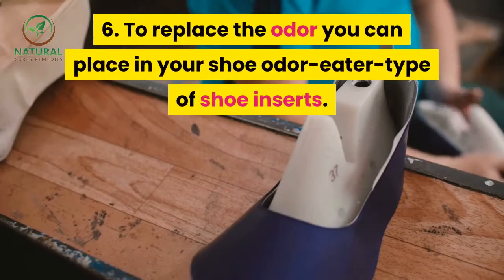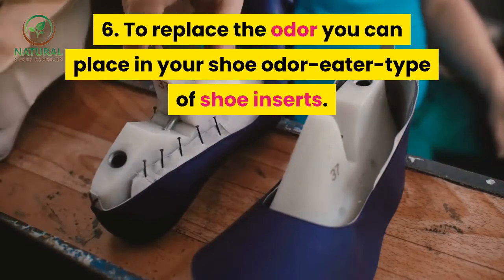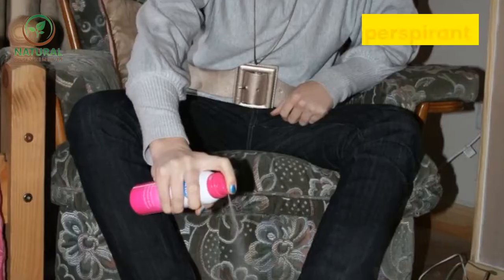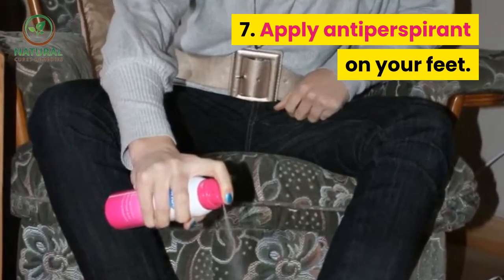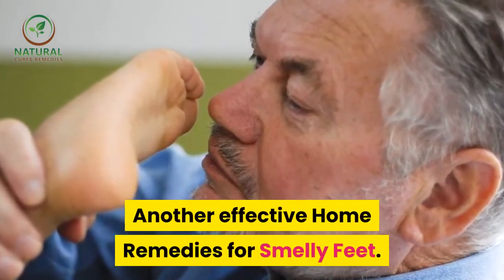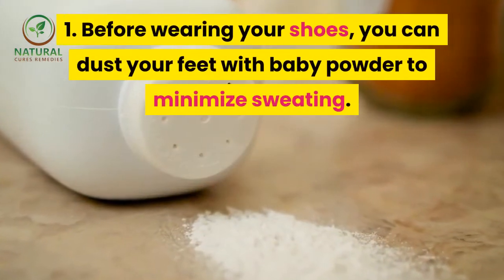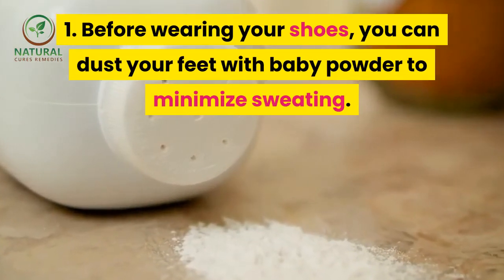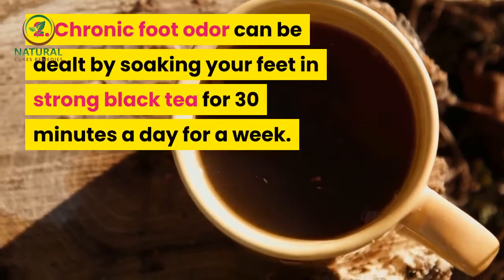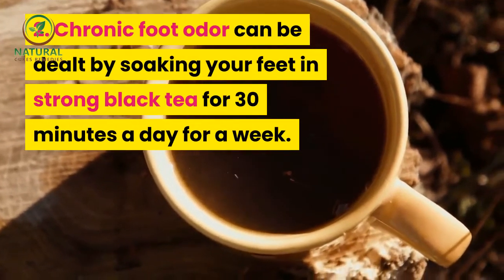6. To replace the odor, you can place in your shoe odor eater type of shoe inserts. 7. Apply antiperspirant on your feet. Another effective home remedies for smelly feet. 1. Before wearing your shoes, you can dust your feet with baby powder to minimize sweating. 2. Chronic foot odor can be dealt by soaking your feet in strong black tea for 30 minutes a day